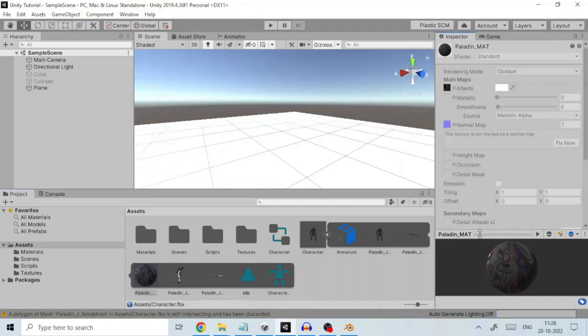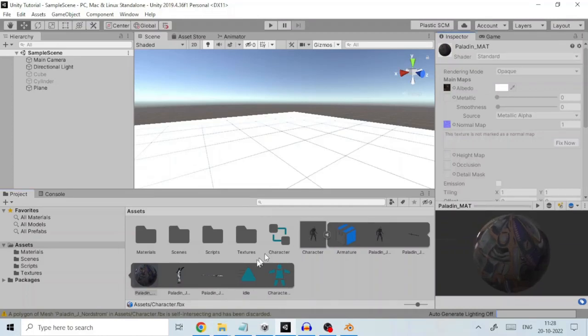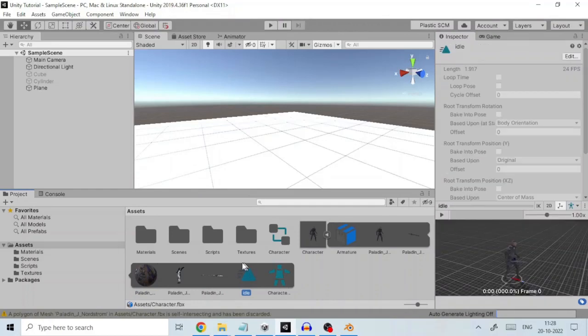Lastly, there are animation clips represented by the triangle in blue which define and store the different animations on the character. Like for a human character, there can be animations like walk, run, dance, etc. So, for each of these animations, there will be separate animation clips which make up the component of the FBX file. Now the first step that you follow in animating the character is to define some properties to this file